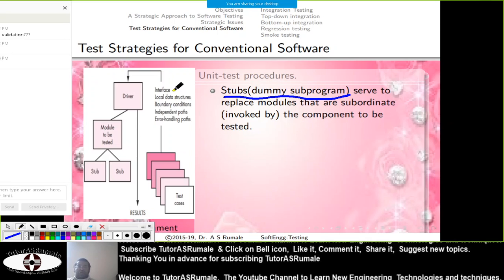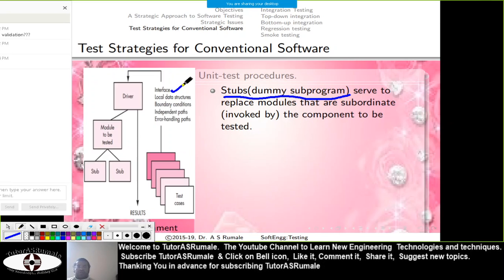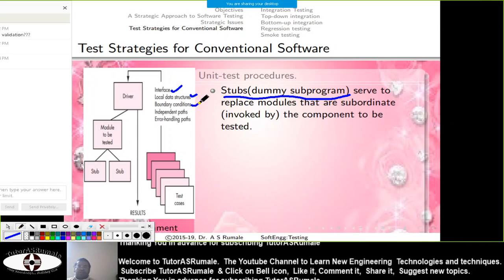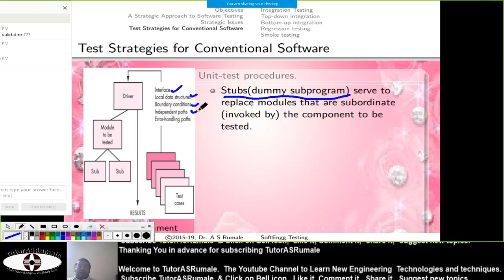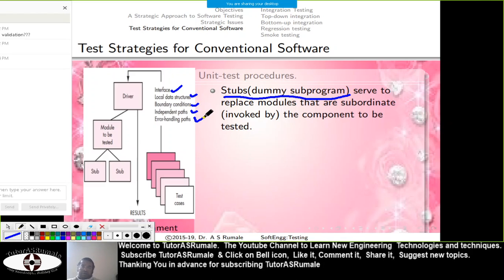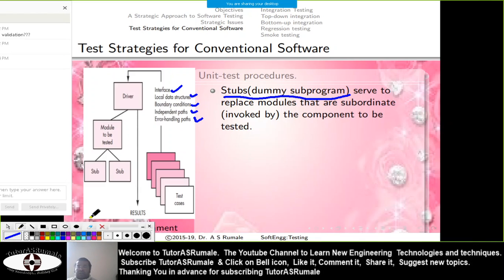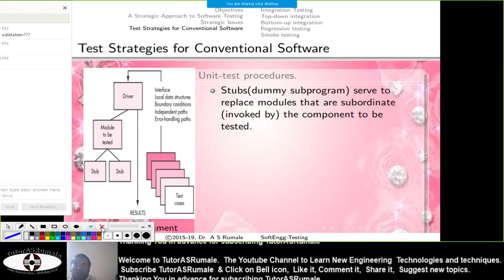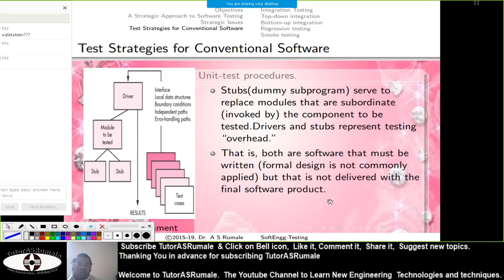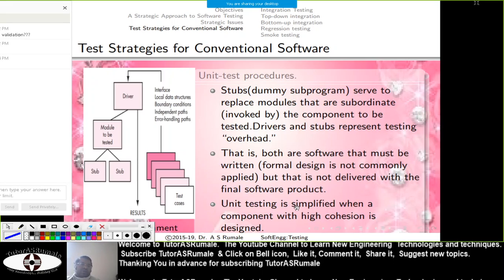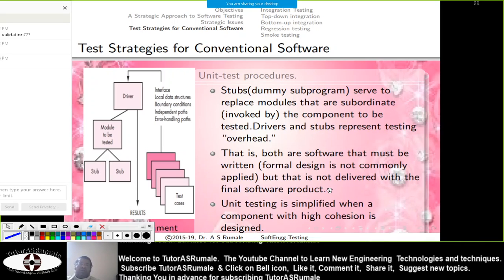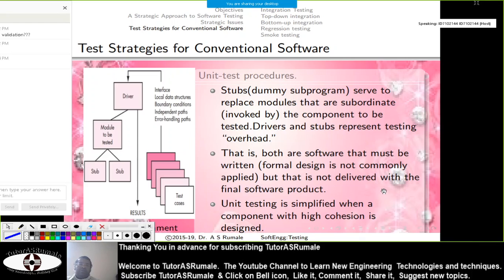If you go with this, you have the interface, local data structures, boundary conditions, independent paths, and error handling paths, the exception and error handling. All those are checked in the unit test procedures. So this is the simple answer for: what are the unit test procedures?